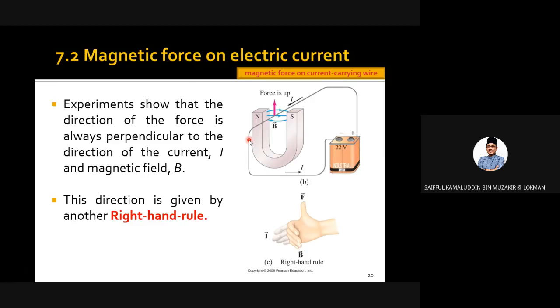Why is it happening? Actually, we use our second right hand rule. You could use it like this, or let me draw one more. There are so many rules in the textbook and all are correct. This is one of the rules. This one is also correct. So stick to one rule only. Or you could always use it like this. This is your thumb. This is your index finger. This is your middle finger. And the rest of your fingers should be